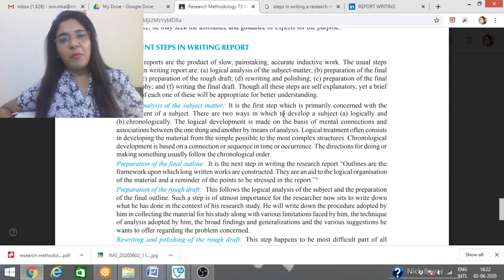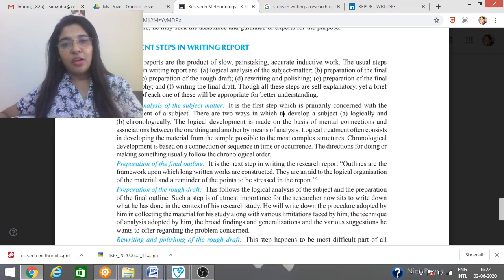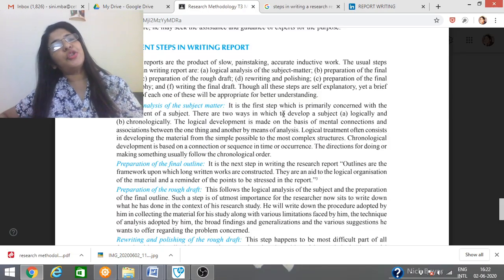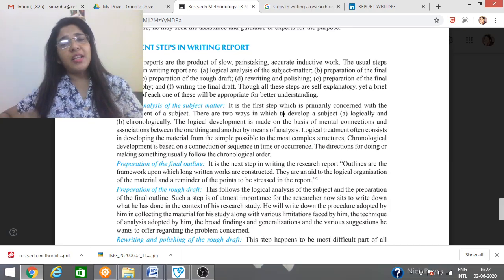Basically, there are two important methods. One is logical, based upon the logic you have applied, one after another, and the second is chronological order. You might have heard the name chronological. It is based upon time or occurrence, but mostly in our social sciences research we follow what is called logical analysis. How did you interrelate one with another?